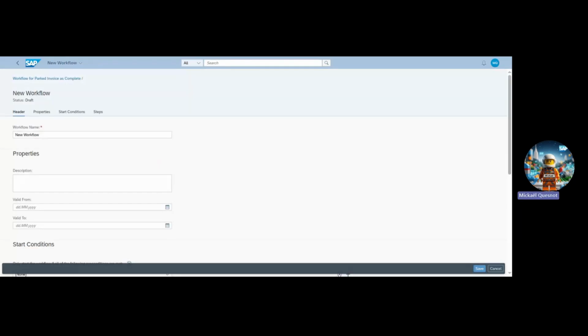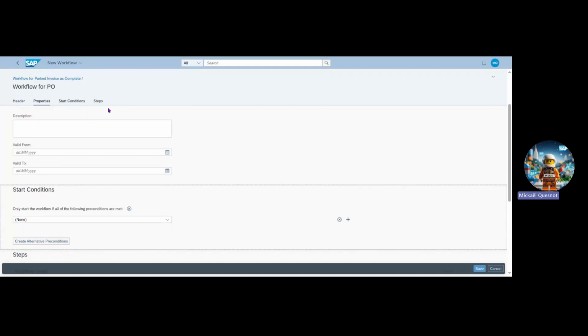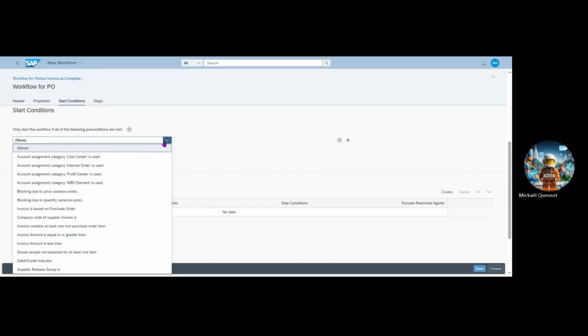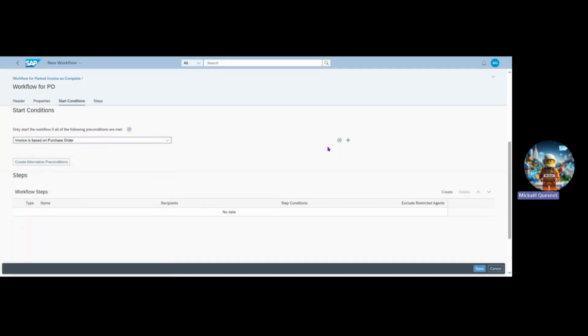Define general data. So we create a workflow for purchase order. Okay, then properties, then start condition. That is the most important, the start condition. So define the precondition. I define that the invoice is based on purchase order